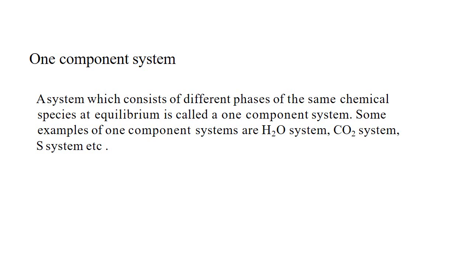Similarly, the carbon dioxide system, the system again contains one component, that is the CO2, the solid ice, which is called the dry ice, the liquid carbon dioxide, as well as the gaseous carbon dioxide. The CO2, the single chemical entity, is present in 3 phases. So we can say the system contains one component and the 3 phases. In this lecture, we will discuss the phase diagram established for a one component system.